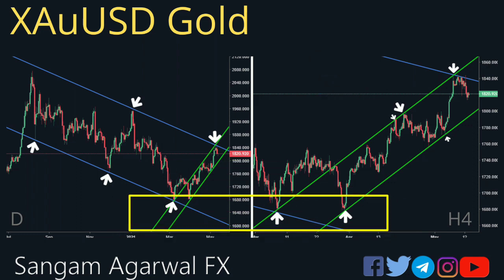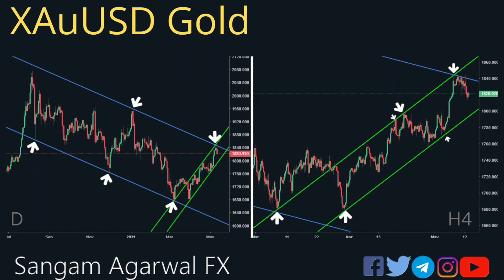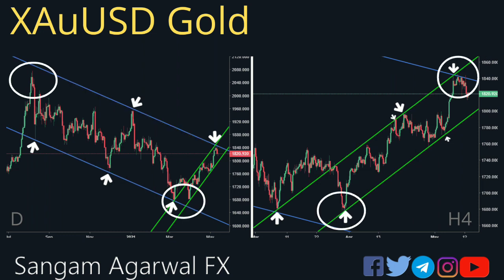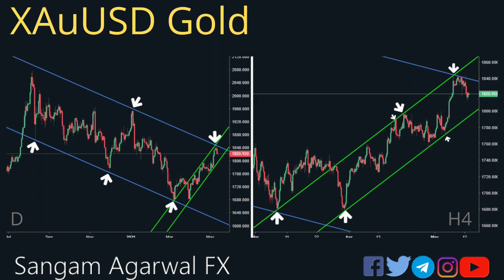Now the daily chart tells you to buy here before the parallel channel started on H4. For intraday you buy at the lower trend line and sell at the upper trend line, holding your trade as long as price is trading inside a parallel channel. After all of this, you know how to draw a parallel channel, how to get the top and bottom of the channel, how to take entry in the middle of the channel, and how to grow from a beginner to a pro trader who buys low, sells high.